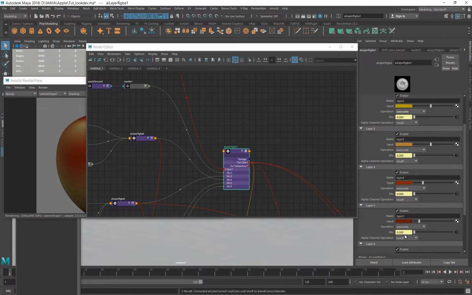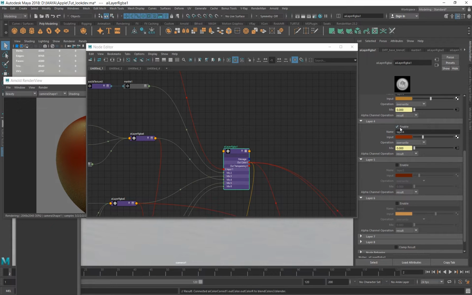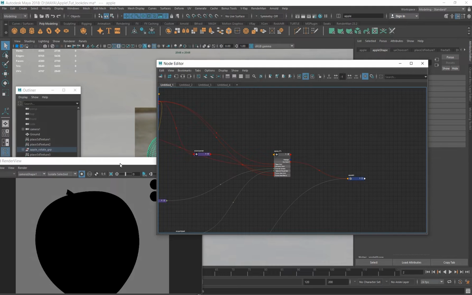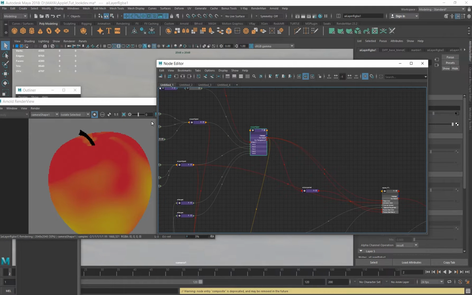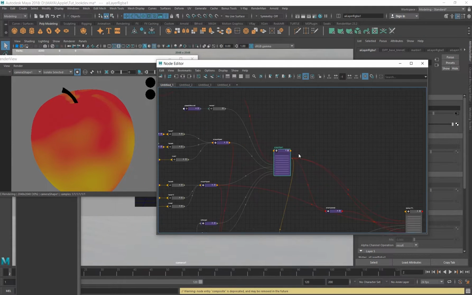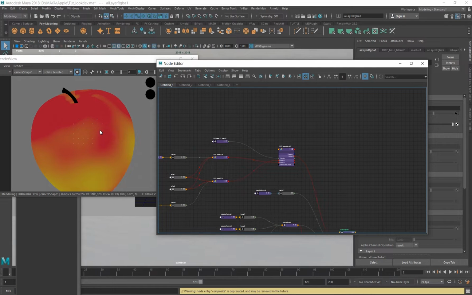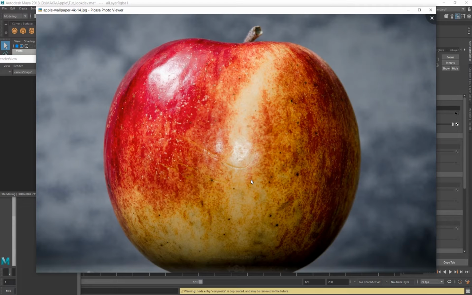So let me disable all of this and we can start from the first one. The first layer is this. As I said earlier, I created the base color variation